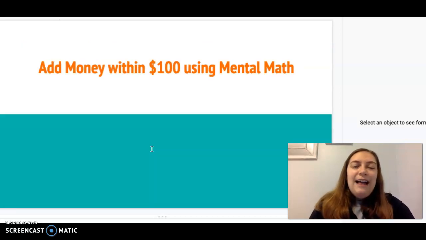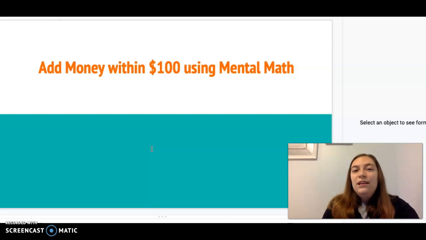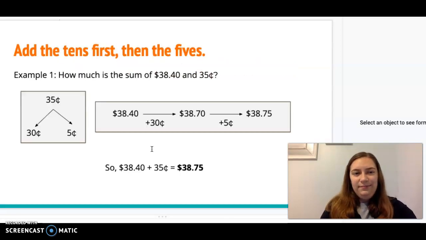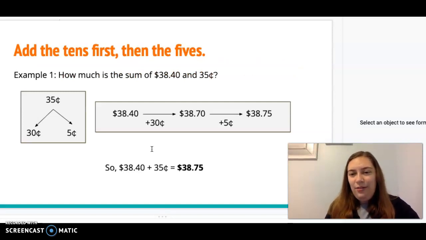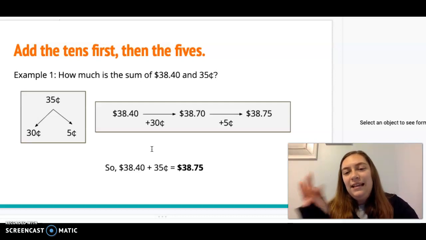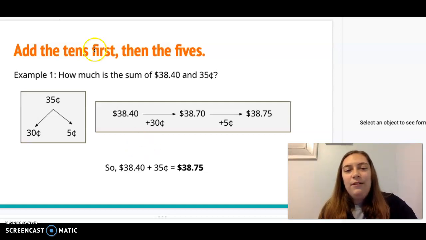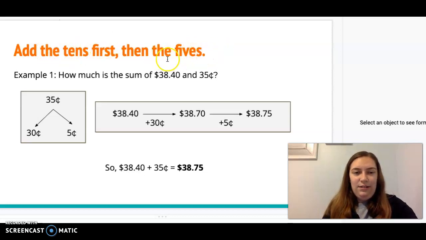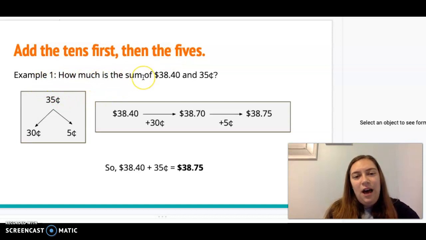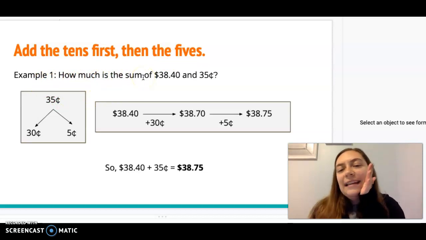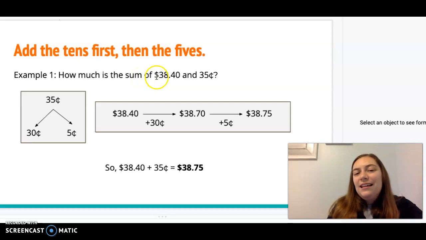So we're going to add money within $100 using mental math. If you remember back when we used to add numbers without decimal points and we did mental math, I would have you add the tens place first and then the ones place. Well, this time we're going to do the tens and the fives. So, example 1. How much is the sum, that means we're adding, of $38.40